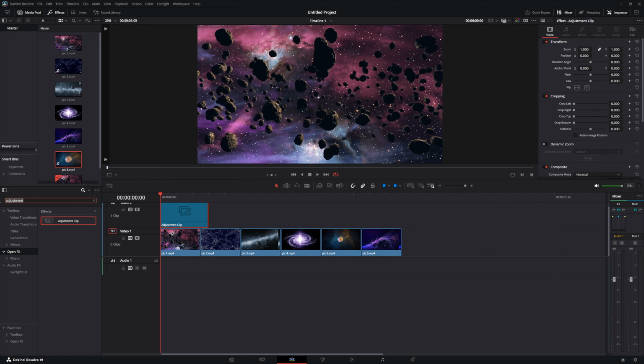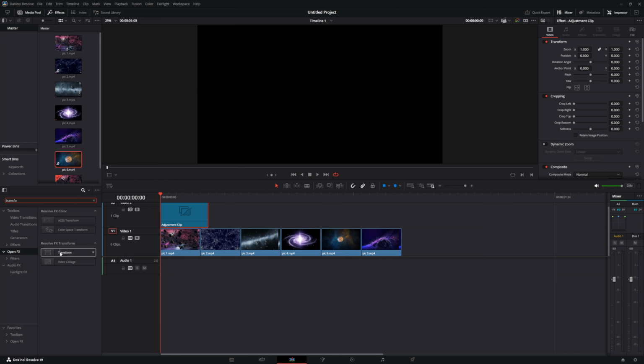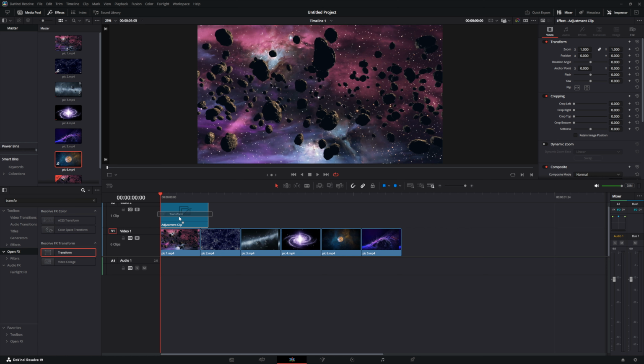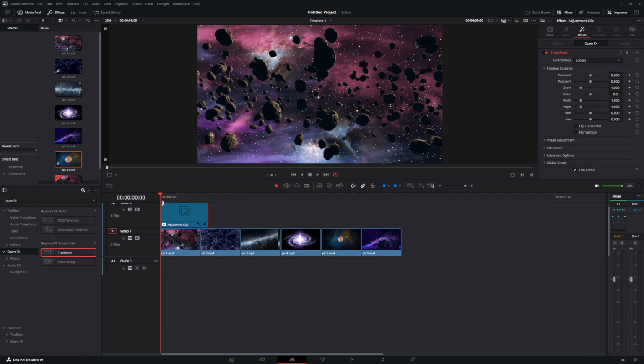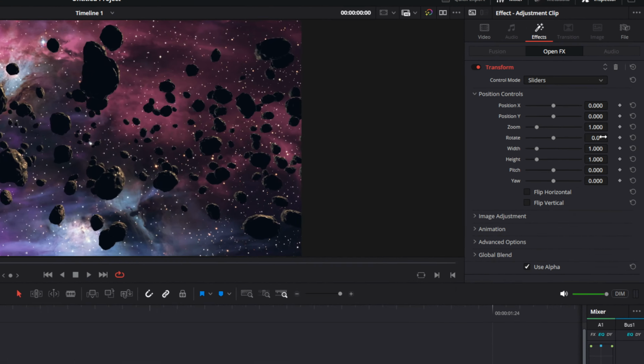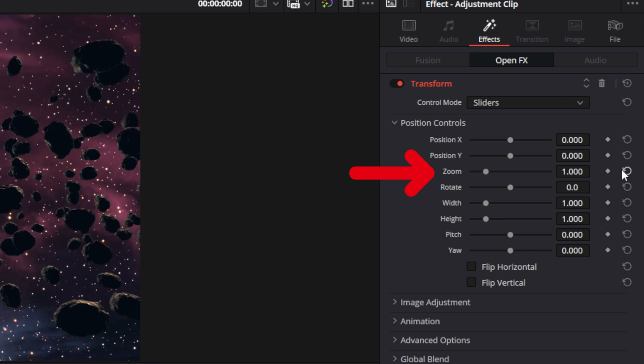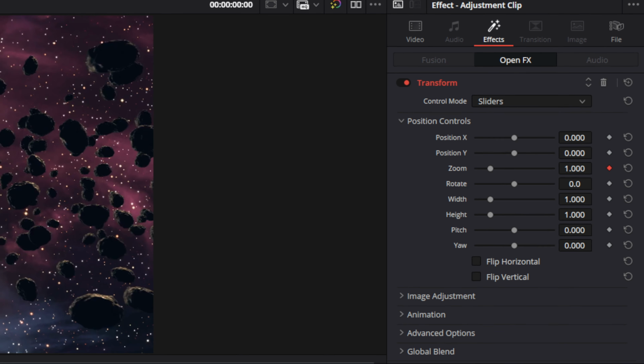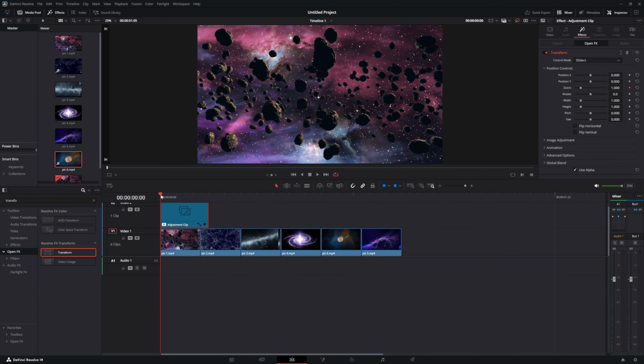With that adjustment clip selected, you're going to want to come over and look for transform. Take the transform and add that to your adjustment clip. With your playhead at 0, you're going to want to come over to your inspector. You're going to want to create a keyframe on that 0 point. You're going to go back over to